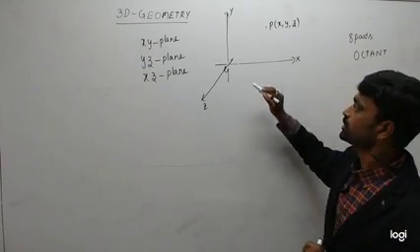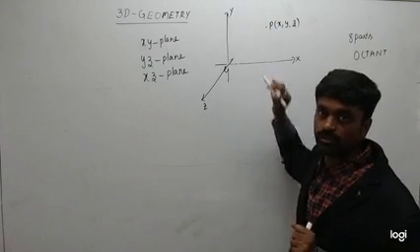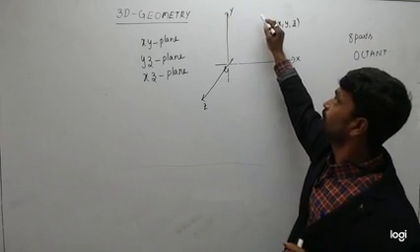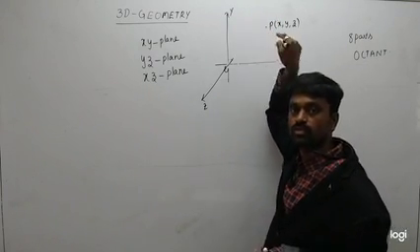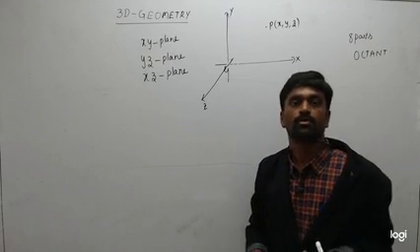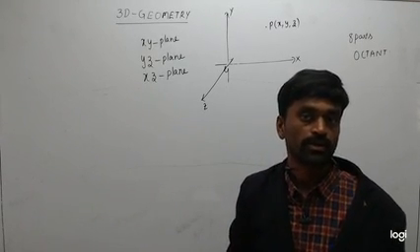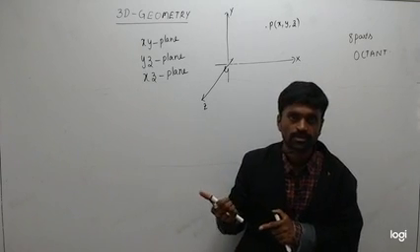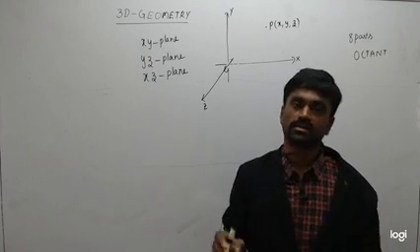Okay, so suppose you want to take a point in the 5th octant, how will it be? You have to move x units along the positive x-axis, y units along the positive y-axis direction, and z units along the negative z-axis direction. Then the point becomes (x, y, -z). That means in the 5th octant, x and y are positive, z is negative. Likewise, for the 6th, 7th, and 8th octants, we can find the signs.